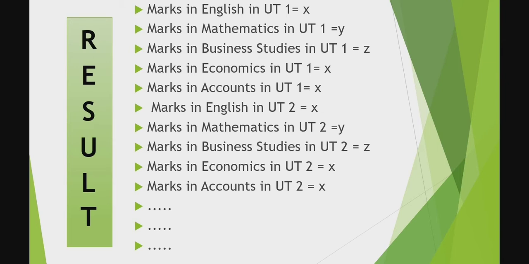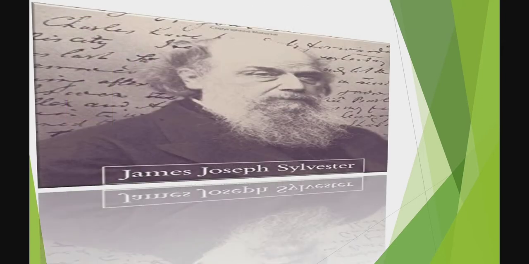So this kind of problem was sorted out by this gentleman named Joseph Sylvester. He derived a term, matrix, which by definition is an ordered rectangular array of numbers or functions. For starters, a matrix is basically a better representation of numbers and functions. And today I'm gonna present some basics of matrix.